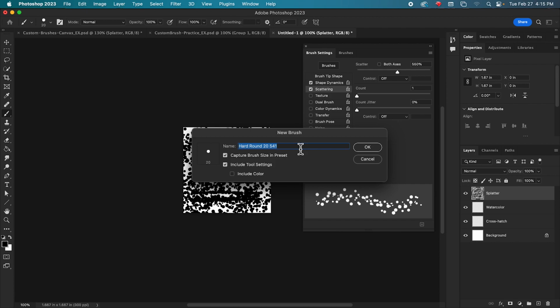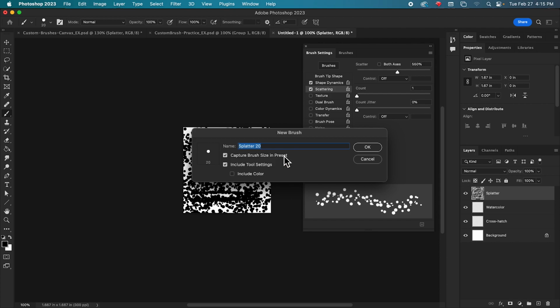This says we're going to name it Splatter, S-P-L-A-T-T-E-R, 20. We add the 20 on there because we are going to capture the brush size in preset, which means that every time you click this brush, it is going to start off at 20 pixels in diameter.